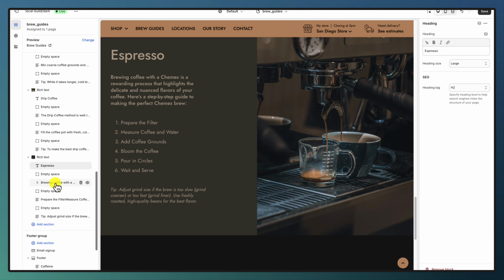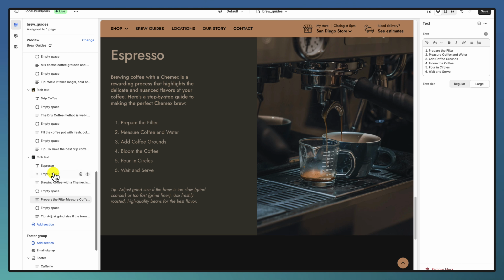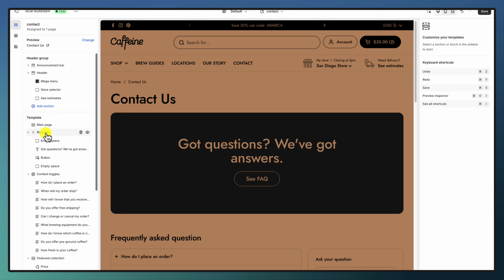Each one has headings, text, more text, and a lot of empty space. We like using empty space in order to have balanced views and give a lot of breathing room to the content. The contact page